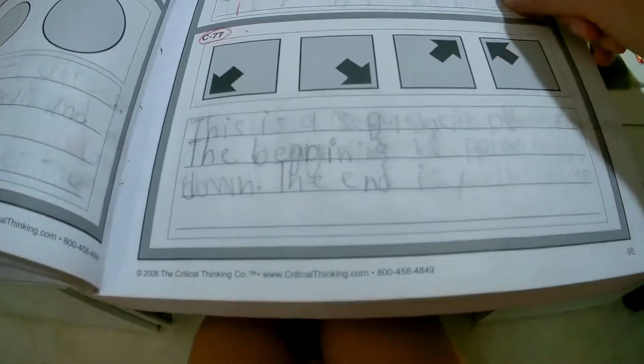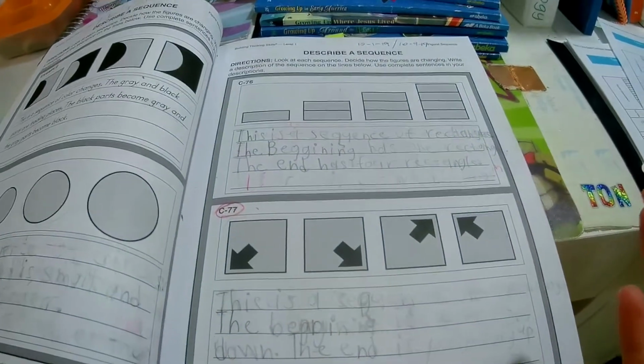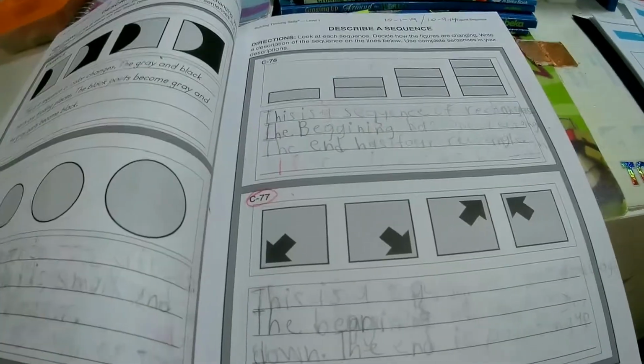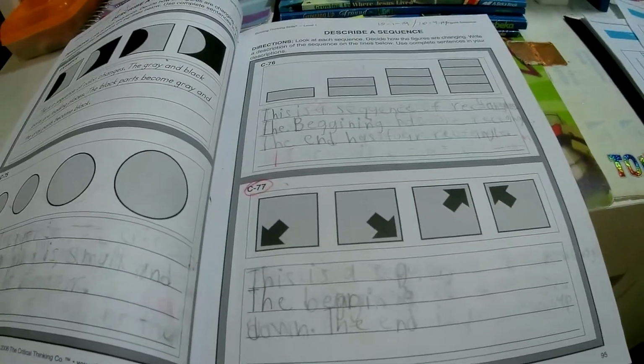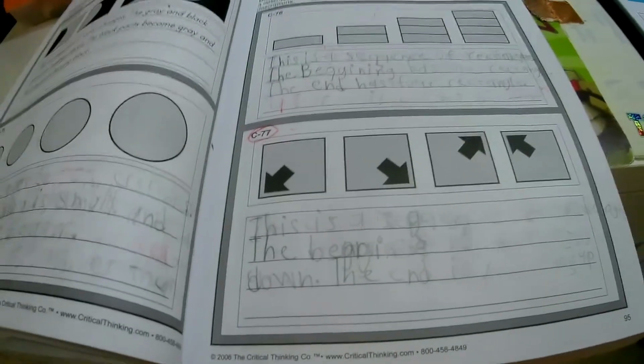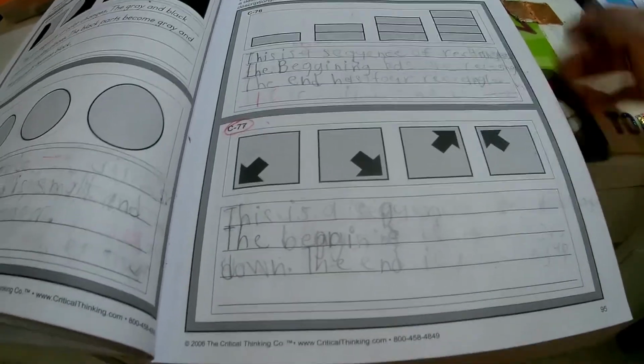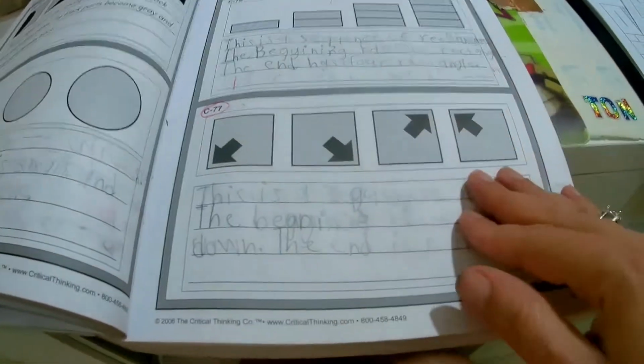I was not having a good day. So with my eldest child, he would just tell me, and I would just write it in for him. So if that's one of your children, do that. Can you see what's wrong with the dog while he's crying? And if your child does write, is a good writer, or he can write his own sentences and his own thoughts, so he can put them down on paper, like my child can,